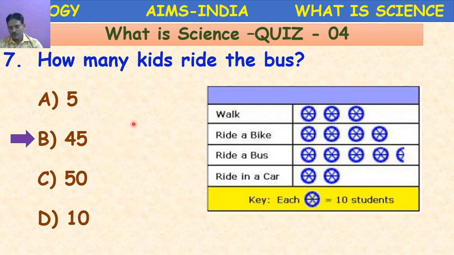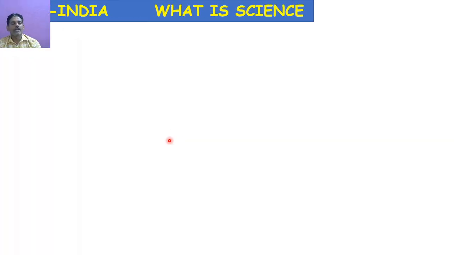45. Okay, analyzing data, you have to represent in your own method, your own way, which is easy, which is understandable by everybody, most of the people. So that method you have to choose, either graph or a pie chart or a table. Okay, which is easy, which can save your time and which can give accuracy. Okay. Next,